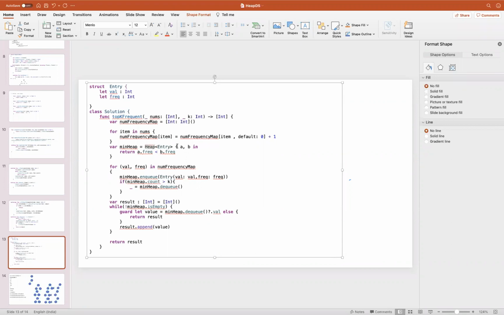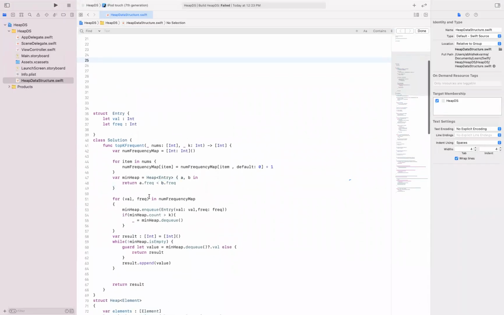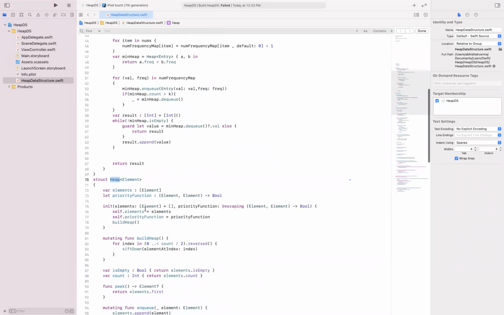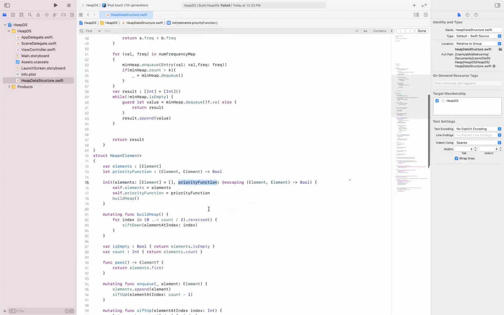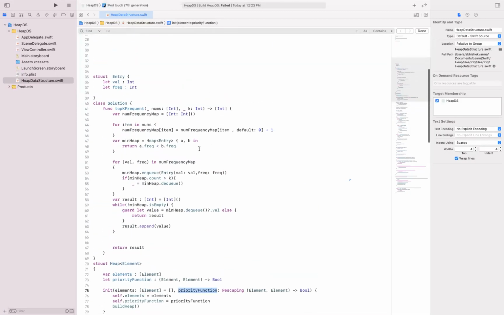I am not adding elements at the very first; I just wanted to start the heap with 0 elements, and I assign this priority function for the min heap. If you see here, I have given that a dot frequency should be less than b dot frequency.